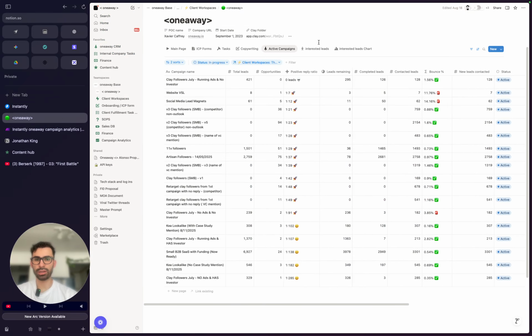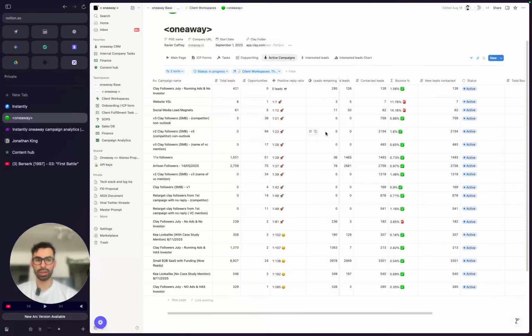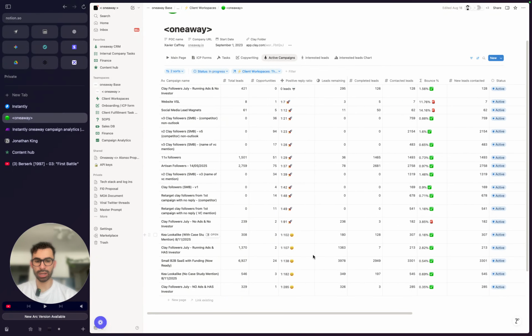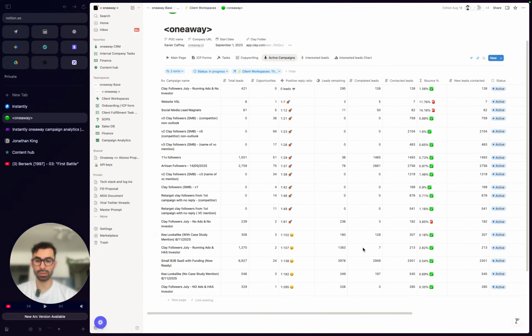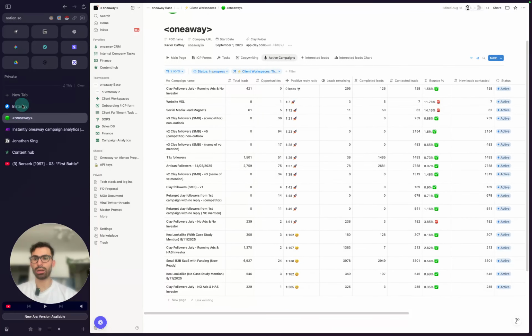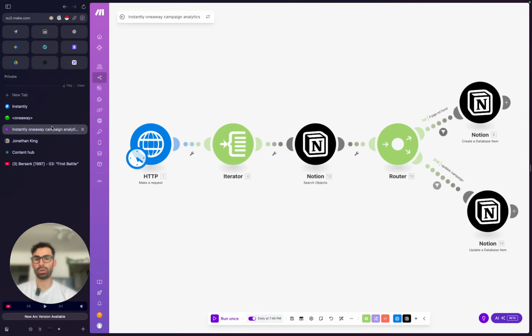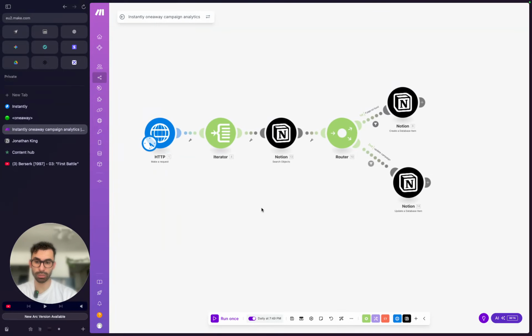All right, in today's video, I want to show you how I built a dashboard for my team and I to view our cold email stats just using three tools. In this case, we're using Notion as the database, we're using Instantly as our email sending platform, and then we're creating this workflow using make.com. So as you can see just from the make workflow, this is going to be a pretty straightforward